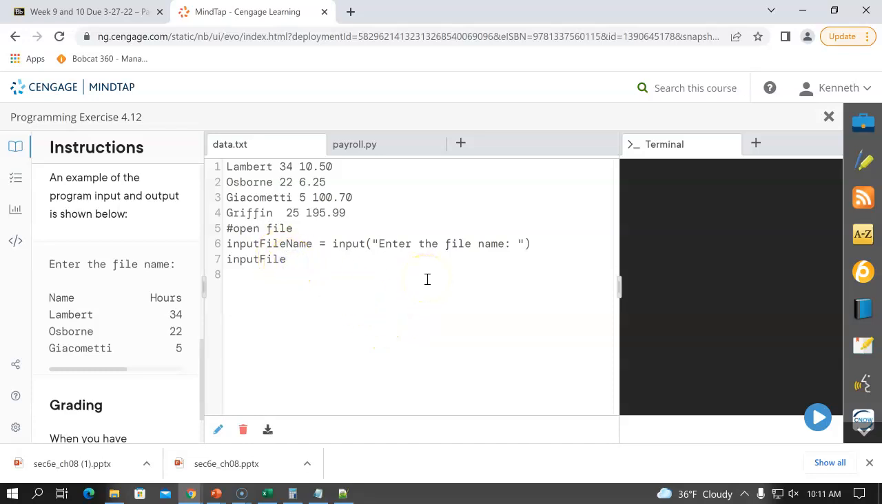So input file, so the actual data, then we're going to say is open, and then we can put in input file name, comma, R. Okay. So now we've opened that file. We entered the name. They gave it to us. We put it in. We opened it. All right. So now